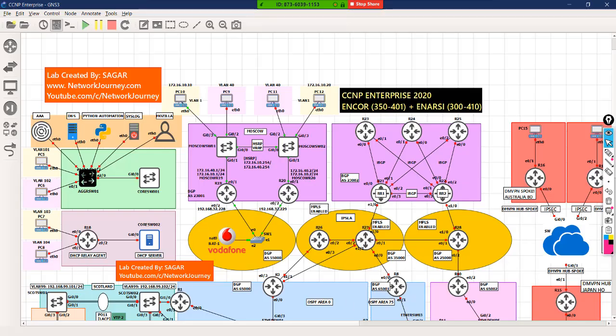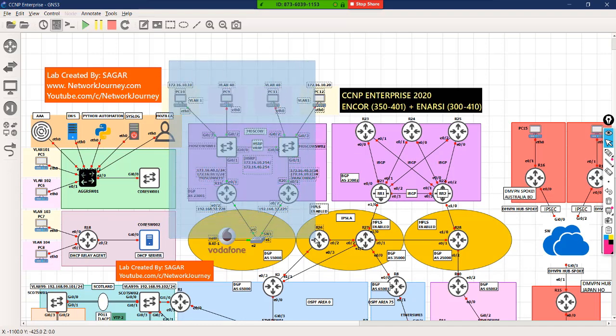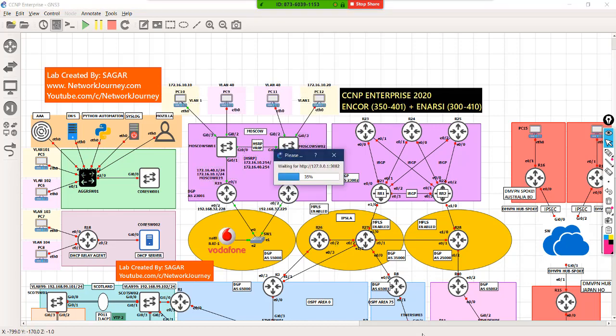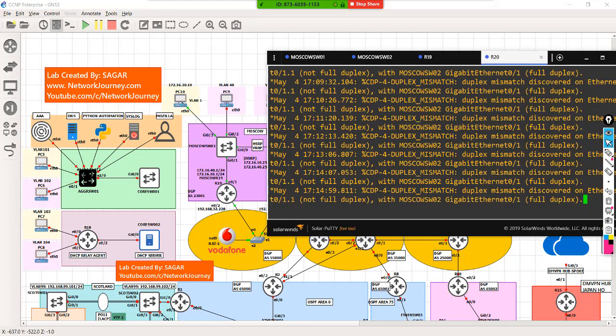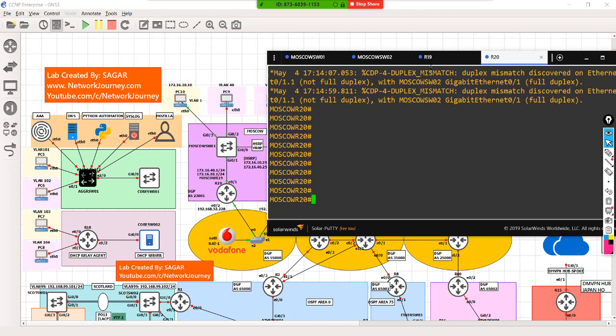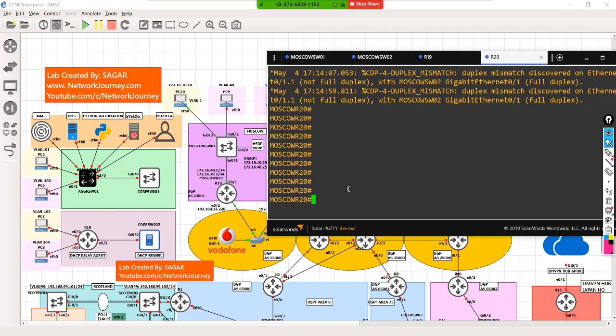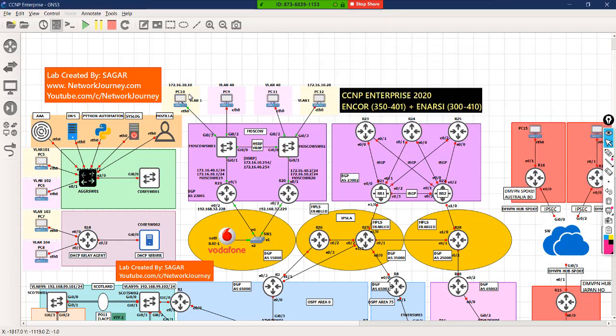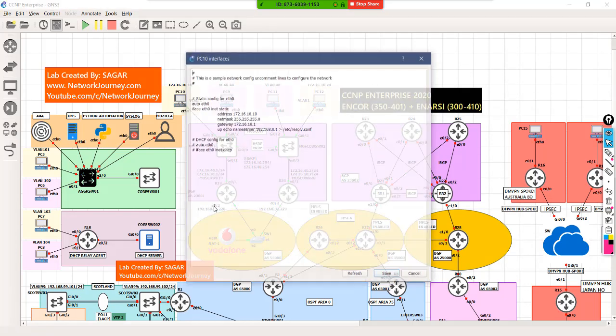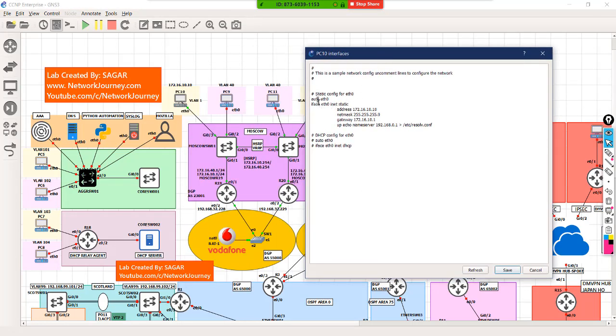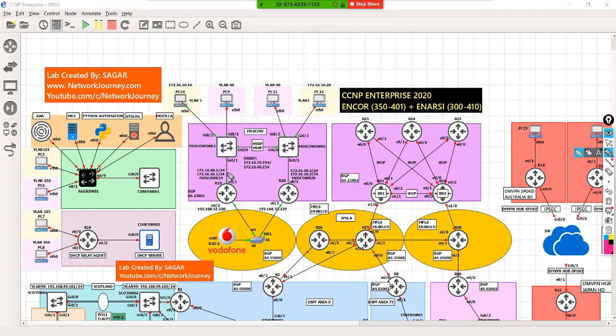So I have my topology started up. I was considering these devices, and I have the console of the routers. I have a console for router 19, as well as a console for router 20. By default, how is the traffic flowing? Let's check it out. My PC 10 has a gateway of 10.1. So 10.1 is a physical interface IP, that's nothing but the IP address of this interface.